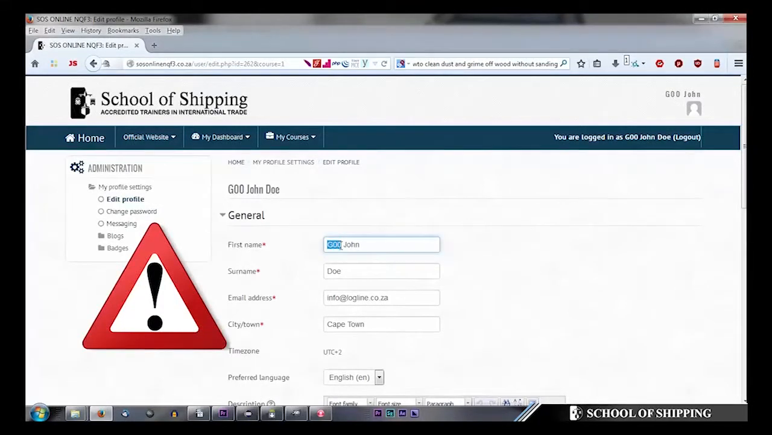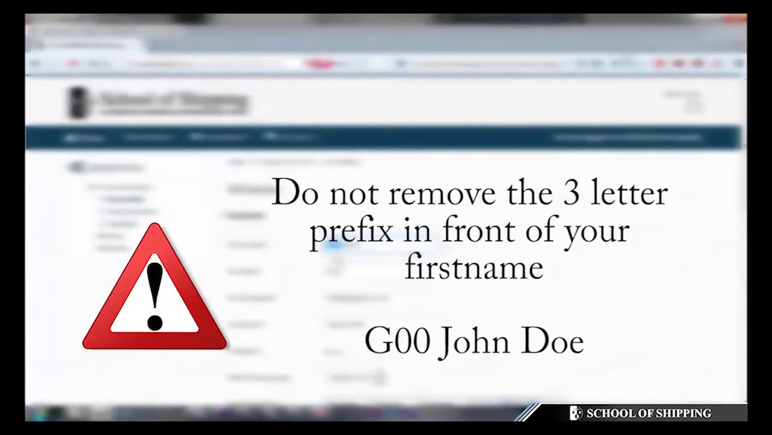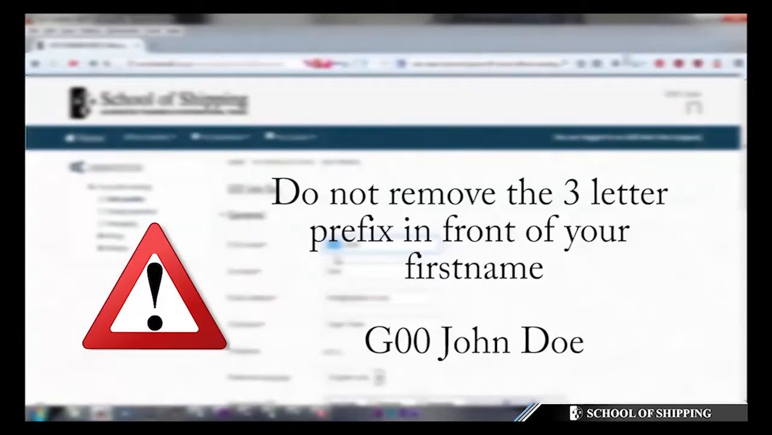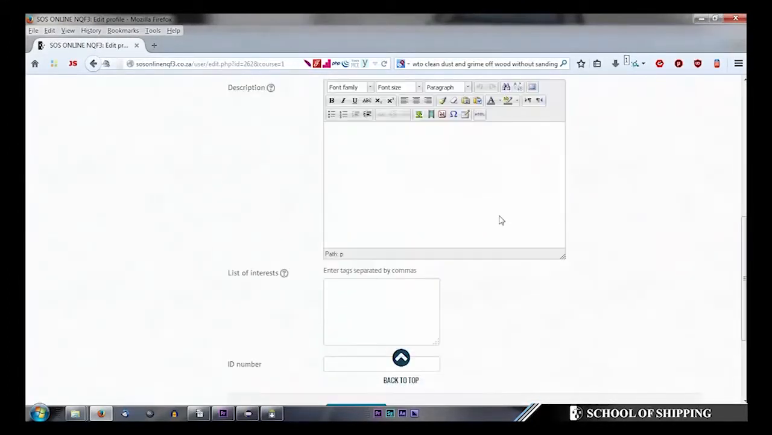Please note there is usually a 3-letter prefix before your first name. Please do not remove this. In the case of a learner, it will be the letter G with a 2-digit number thereafter. This is vitally important to help us keep track of which group number you are assigned to. Please do not change your first name group number or remove it. This is very important. Once you are done editing your profile, scroll to the bottom of the page and click